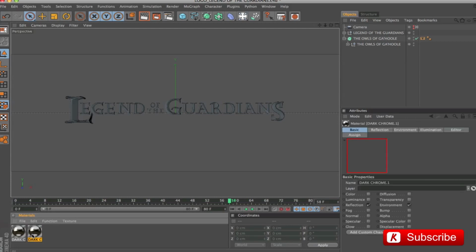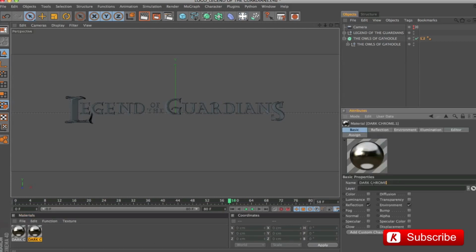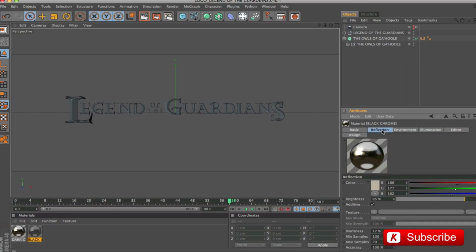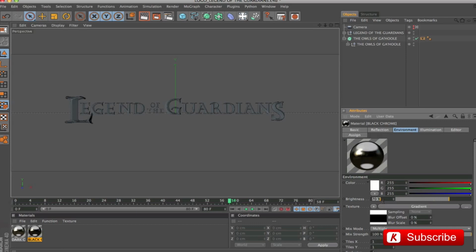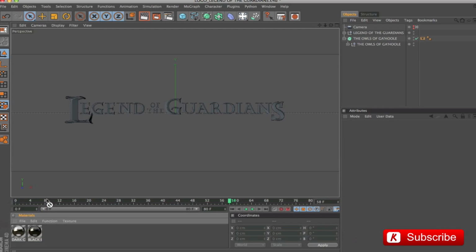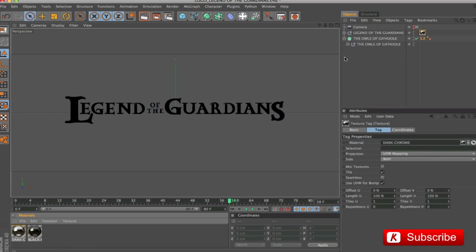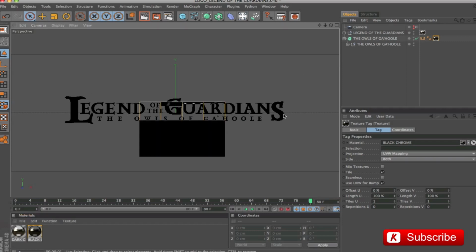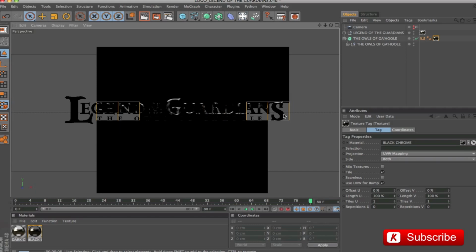Duplicate and rename the new material black chrome. Modify, in reflection panel, brightness from 85 to 50. And in the environment panel, from 70 to 33. Visualize the result. For appreciating these materials, we must insert a